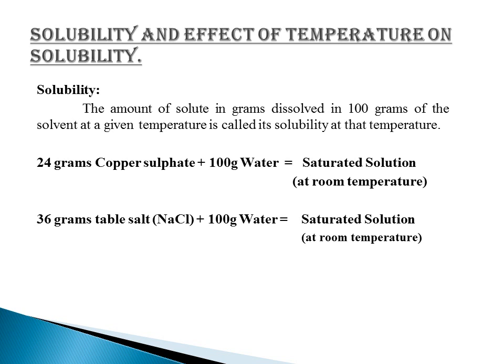For example, if we want to make a saturated solution of copper sulfate, we will dissolve 24 grams of copper sulfate in 100 grams of water. Then we can make the saturated solution of copper sulfate. But if we want to make a saturated solution of sodium chloride or table salt, we will dissolve 36 grams of table salt in 100 grams of water at room temperature. The difference which we observe is due to the different solubilities of these salts.